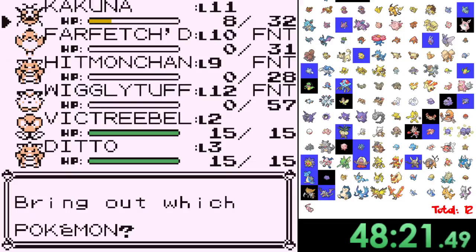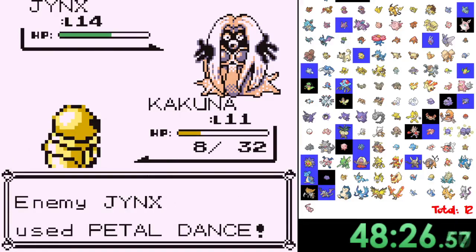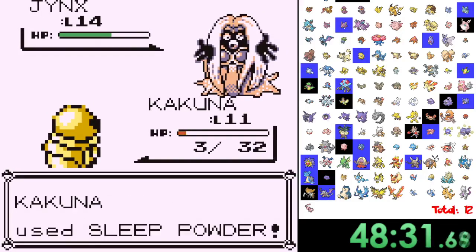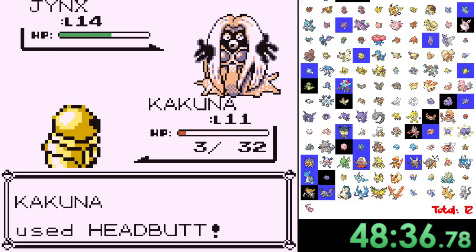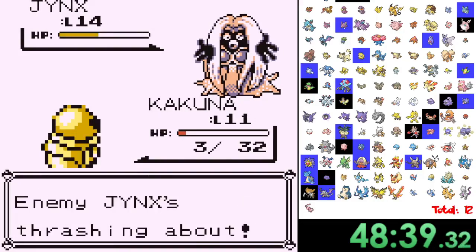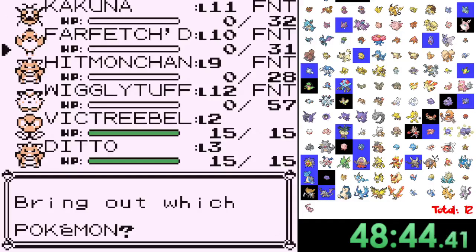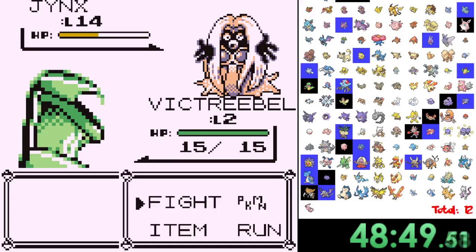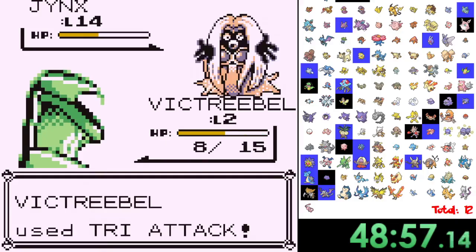Okay, so I have to deal with a very offensively threatening Pinsir, and a Jinx that is packing a lot of strong moves. Okay, I get 1 turn. I forgot the sleep powder thing. Okay. If I can keep knocking out the Pinsir, I'm fine. We'll see what happens. Tri-attack. I know Jinx has paper-thin defenses. And that's Petal Dance Thrashing, so...